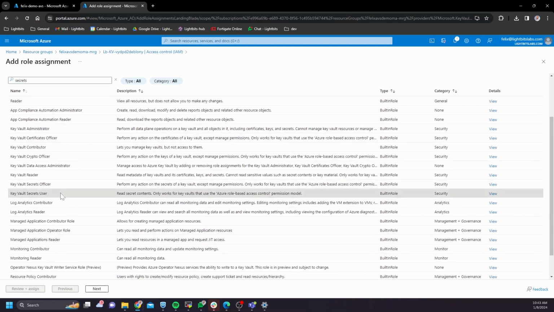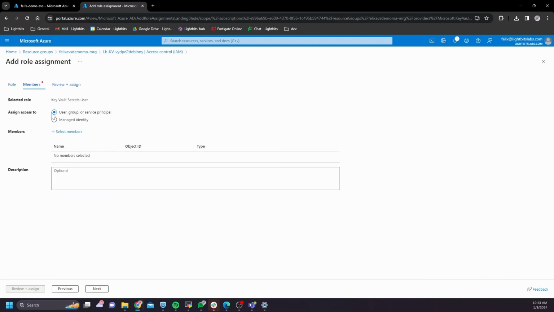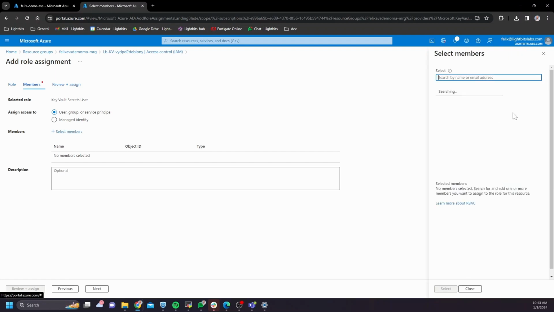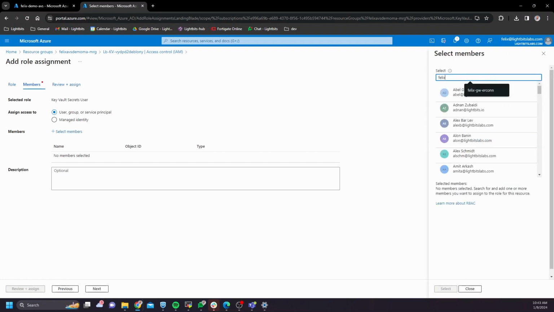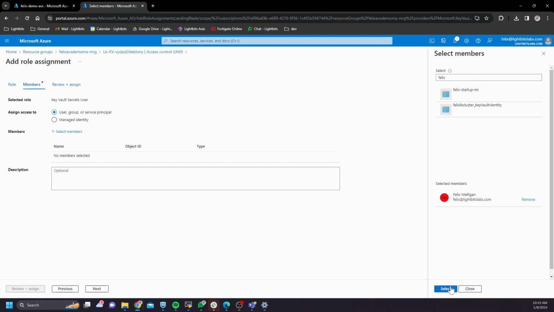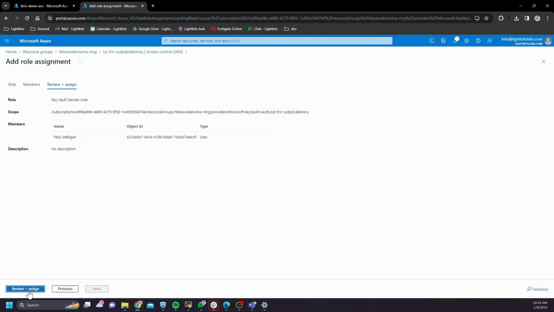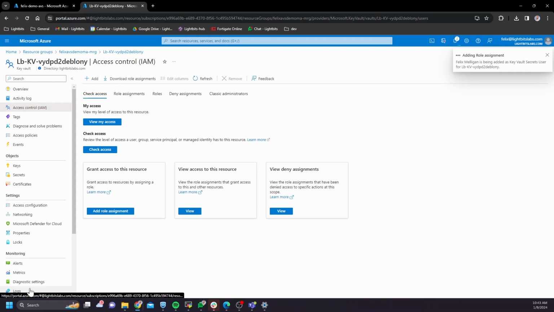I'm going to select the key vault's secrets user, and after clicking Next, I'm going to choose user group or service principal, and then when selecting members, I'm going to search for my own email address or the email address that I've logged in with. I then review and assign,